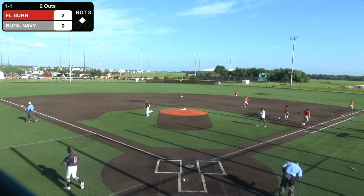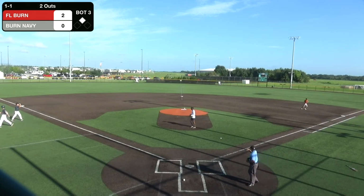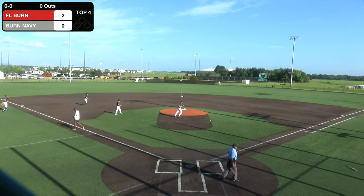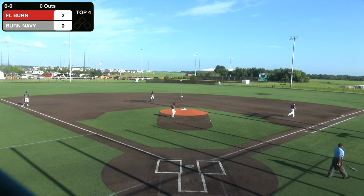So again, we have a Burn versus Burn. It's going to be intense. $5 the Burn wins this game. Yeah, you said that before, and I didn't make that bet. You know, you got to be a little bit more specific, and I chose Burn Tampa. So I know